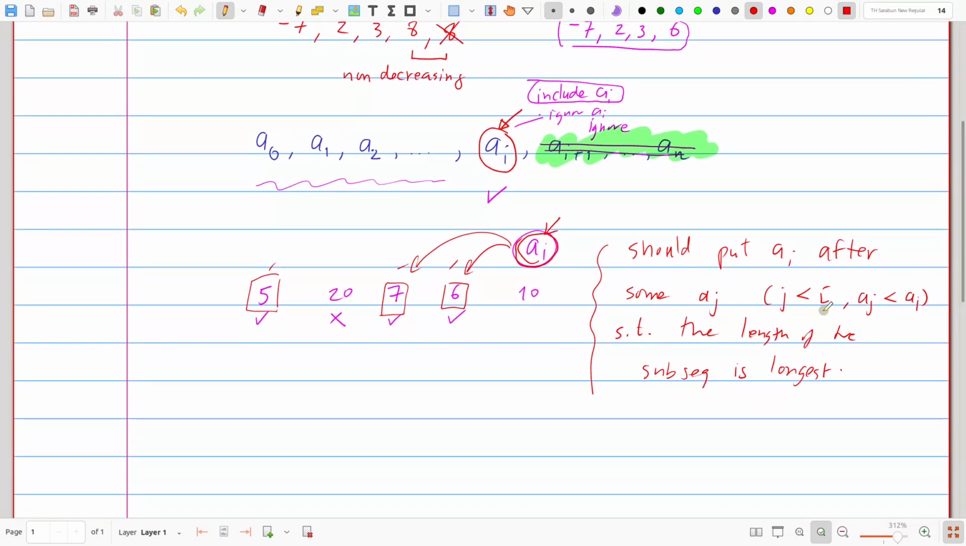So the longest length of the subsequence, and also increasing, gives a hint to the subproblem that I'm looking at. So the subproblem that I'm looking at is this, right? Let me define this. This is AI already, so let's call it BI. LI be the